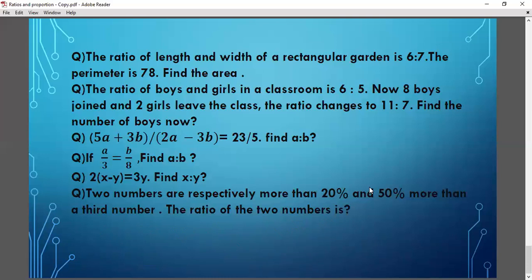So if we cross multiply, it is given 5a plus 3b over 2a minus 3b, and it is equal to 23 over 5. Now if we cross multiply this, the values will become 25a plus 15b equals